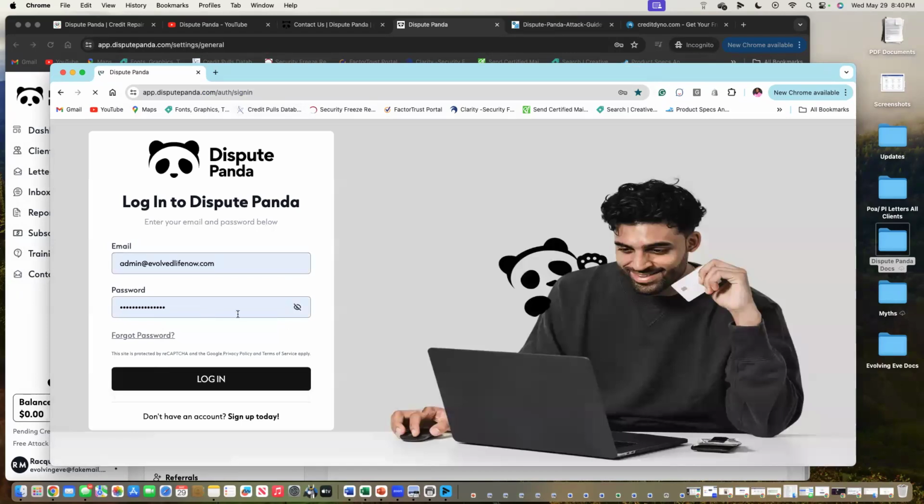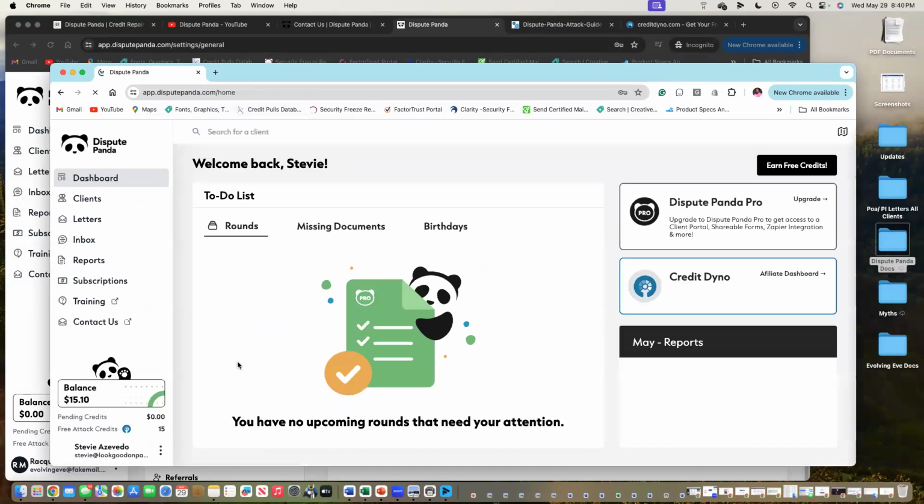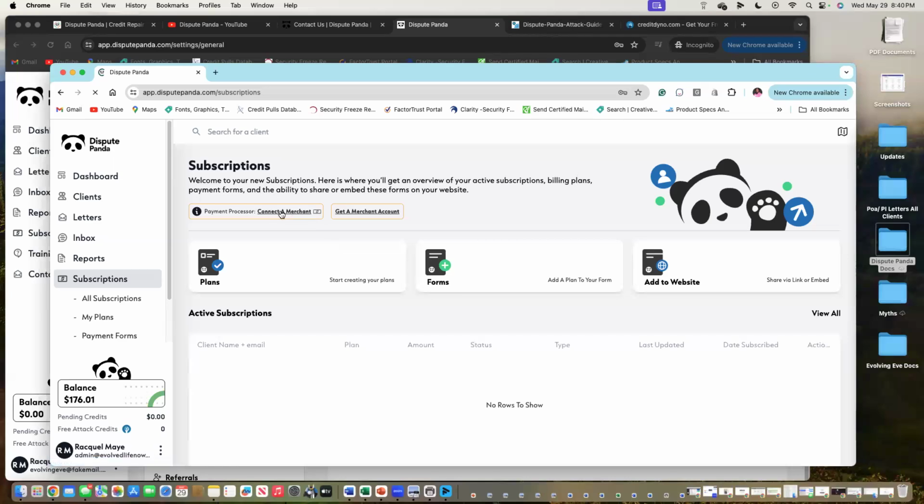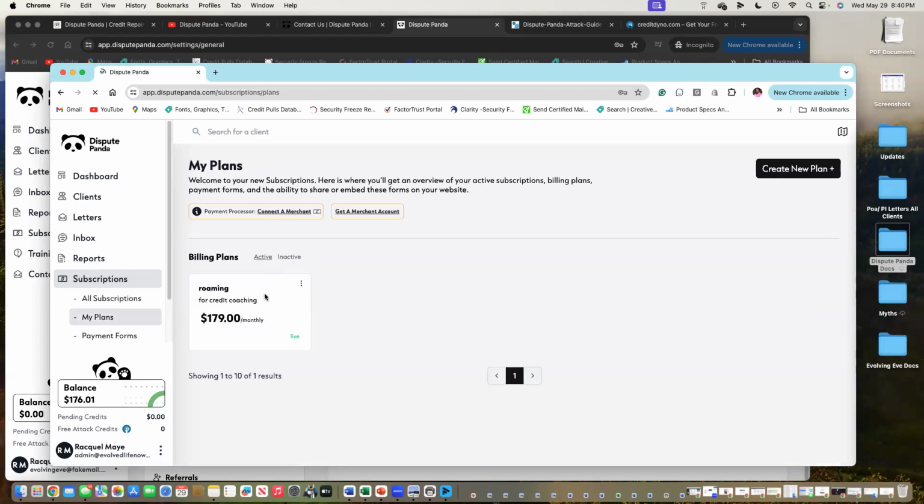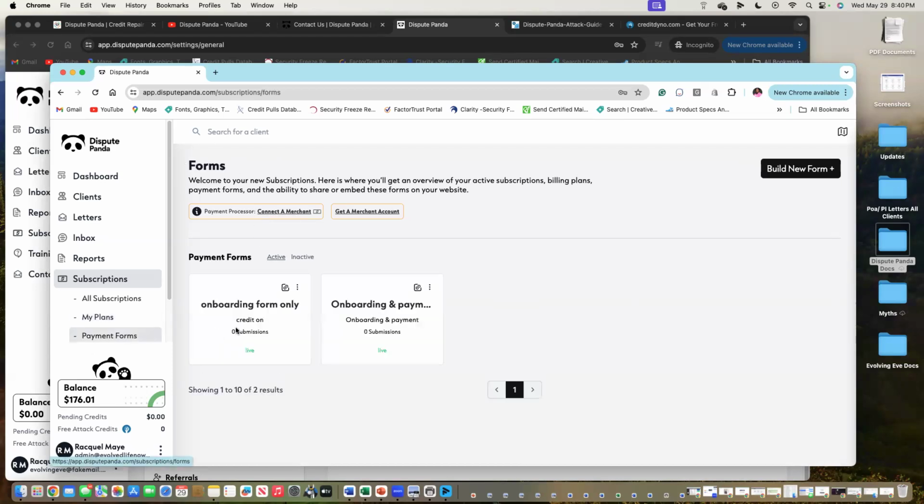So if you have the Pro, you would go under the subscription tab and you would have to connect your merchant service in the system. Once your merchant service is connected, you are able to create a payment form. You have to create a plan first, let's be clear. And that's basically how much are you going to charge monthly? Are you going to charge them an enrollment fee or I call it a first work fee? You have to kind of create that, right? And then you're able to create different forms and you can choose to send those forms out. You can also add those forms onto your site. It's completely up to you.